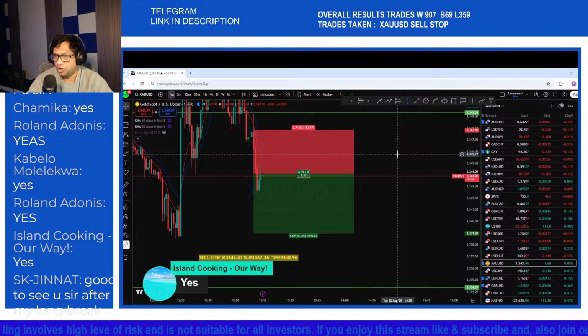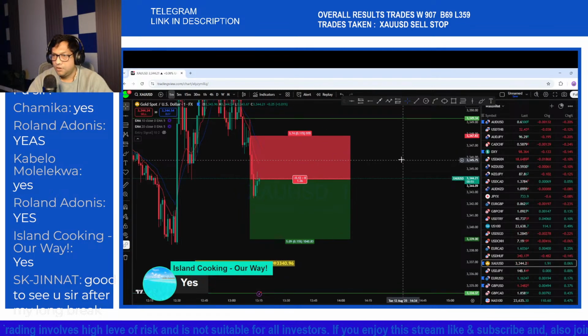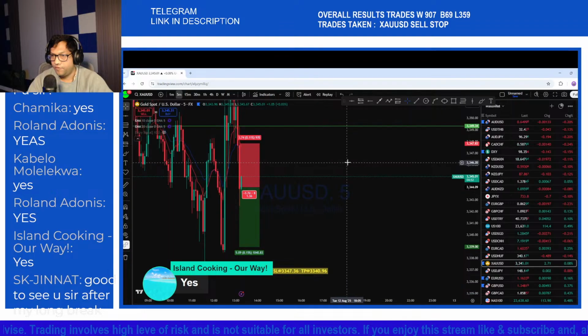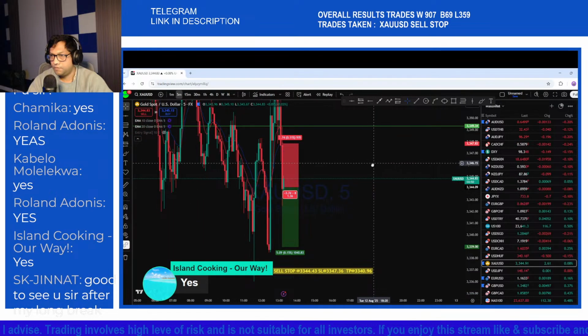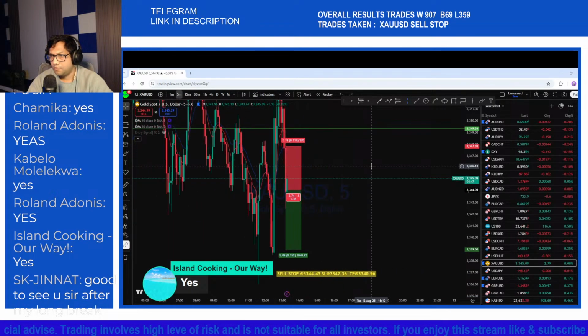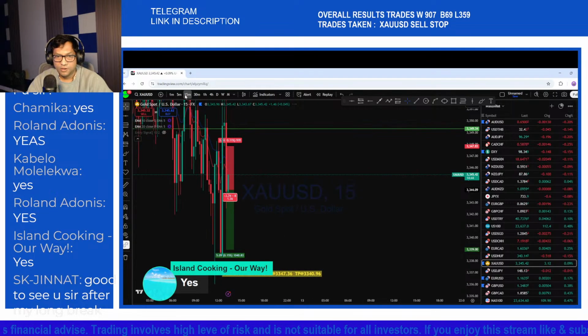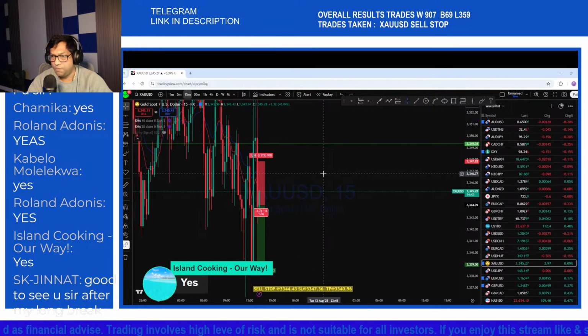Okay, so 2 dodges on the 1 minute and 5 minutes closed. Wanted to see the market is breaking that low here. It might now potentially bounce here